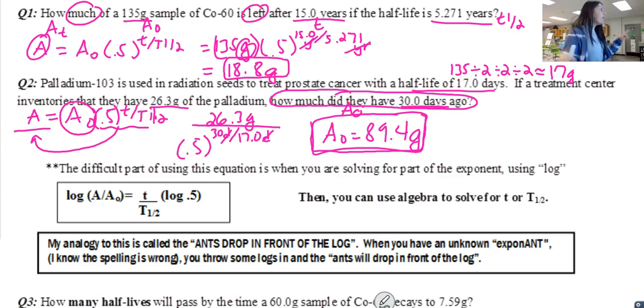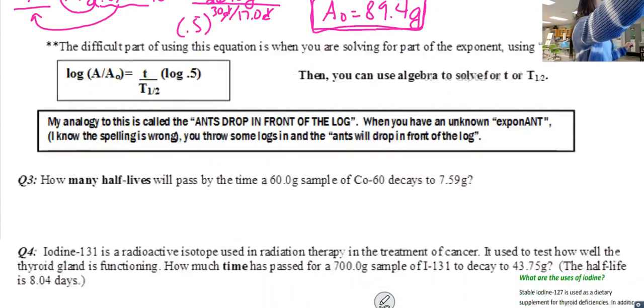All right, so now what happens is, what if instead we're actually looking for the exponents, okay? We're looking for one of the exponents, which means I'm either looking for t or t1/2 or t over t1/2, okay? If that's the case, you have to throw in the log. And here's my analogy, okay? So my analogy is that when you throw in the log, the